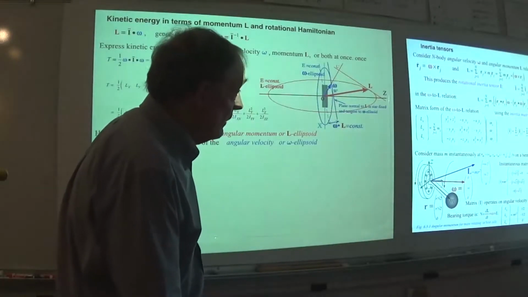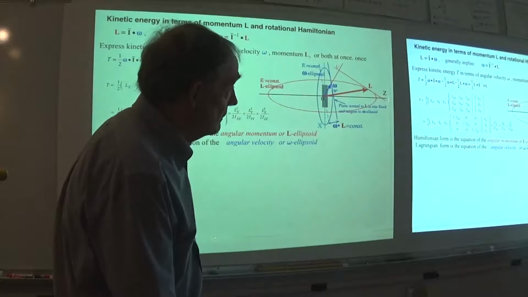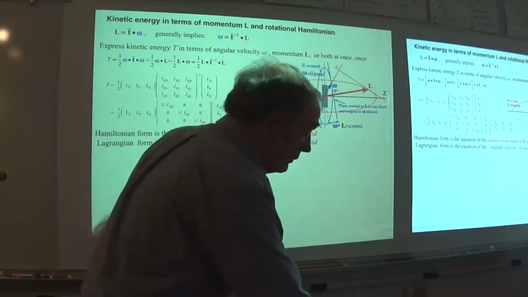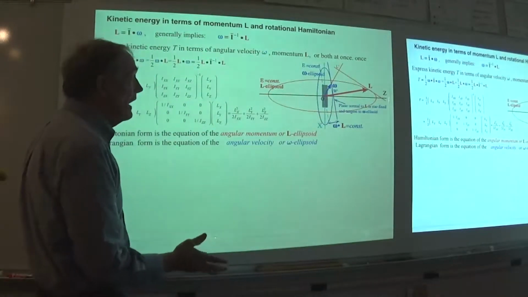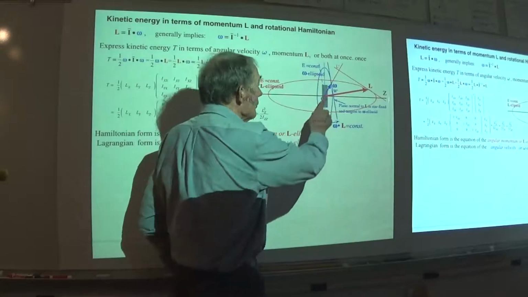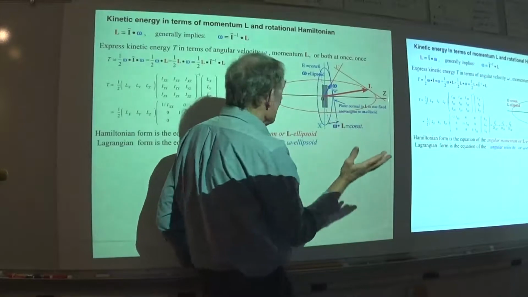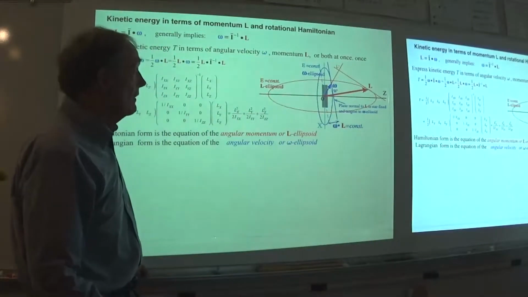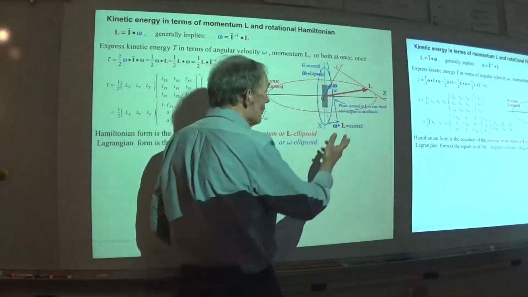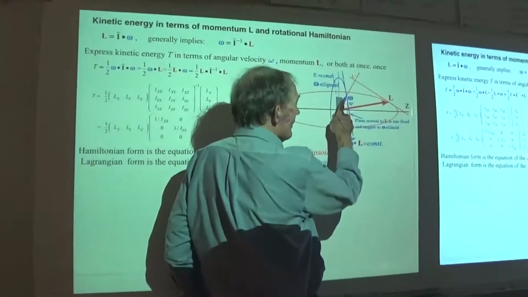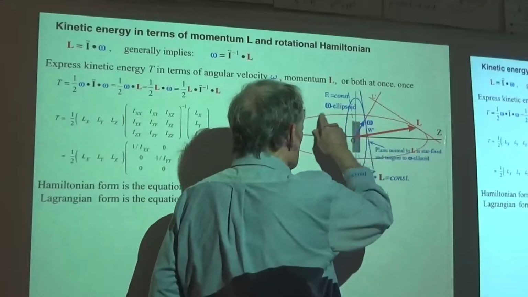But if you have a body that is now loose from the bearing, and that's what I really want to talk about here. If you have a body that's loose from the bearing, an actual flying body, it's going to have a relationship between the angular velocity and the angular momentum. It's just like the one we've played with in chapter 12 of the introductory unit. This is no longer the Lagrangian, this is no longer the Hamiltonian, but the relationship is the same. There's an ellipsoid that's describing the